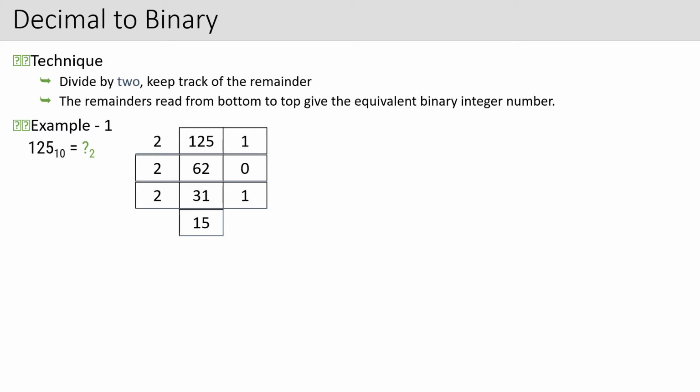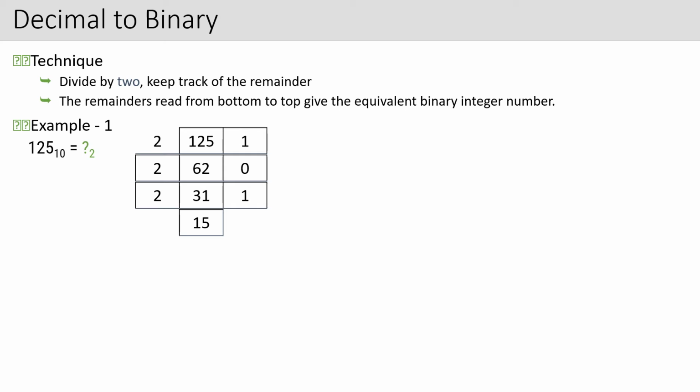After that, what are you supposed to do? Then you have 31 here. Now divide this 31 by 2 once again. When you divide 31 by 2, 2 into 15 gives you 30. So 2 into 15 gives you 30. What is the remainder left?